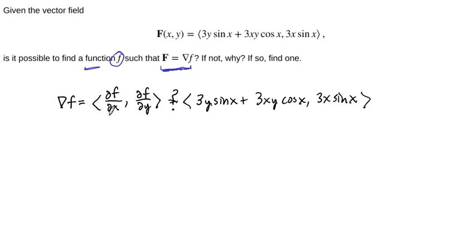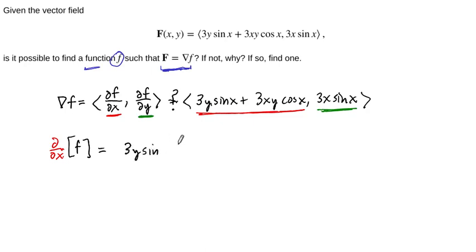And so if it is possible, then what has to be true? Well, the x derivative of our function has to equal all this, and the y derivative of our function has to equal this. So we get two equations then. The first one says that d by dx of f, I'm going to write it this way because it's suggestive, should equal this whole function here: 3y sine of x plus 3xy cosine of x. And then similarly, the y derivative of our function, d by dy of f,